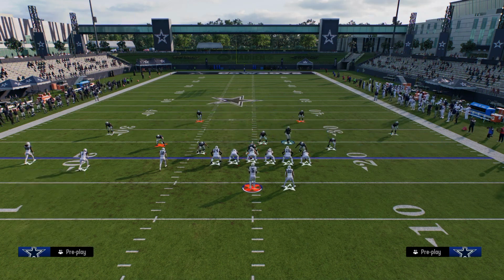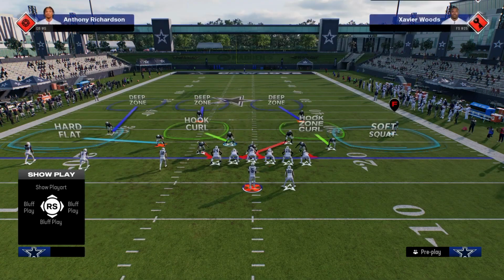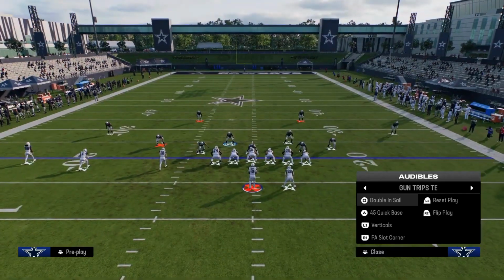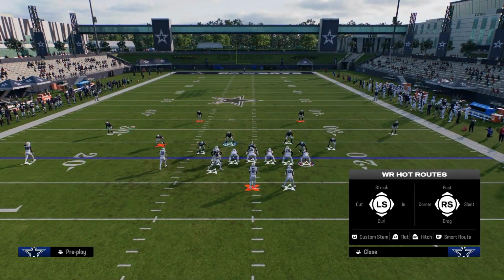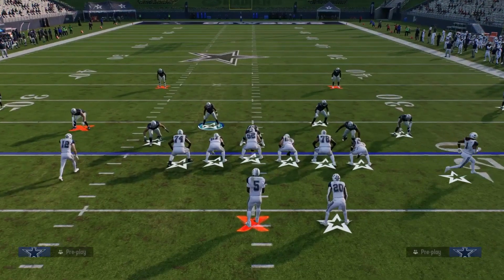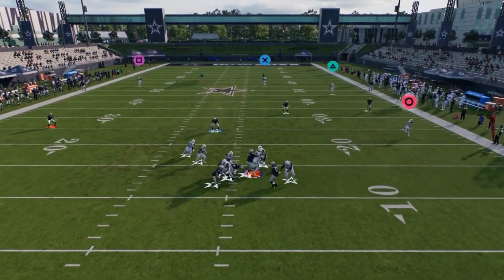So you have kind of a blitz that, if they have to block their running back, this becomes really a great coverage shell against trips. Because if you think about it, like I'll show you, if they have to block the running back, let's say this is the cheat motion play, the cheat motion, the soft squat will always match him. And so you see there, and I think I might have